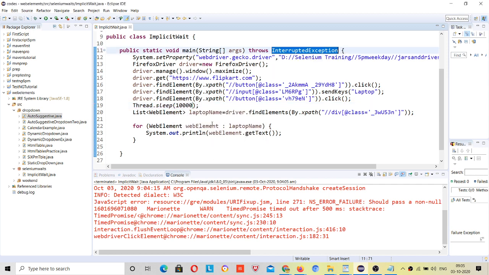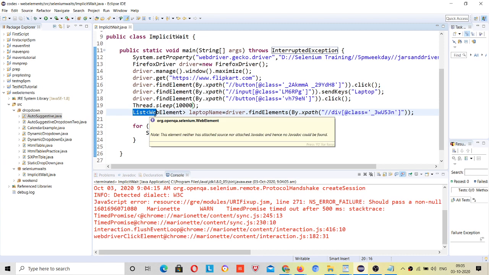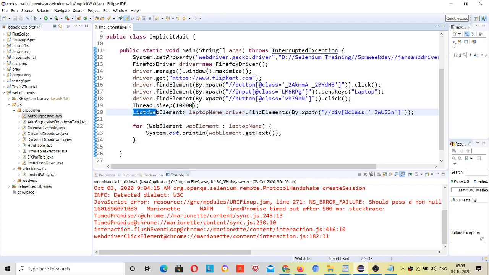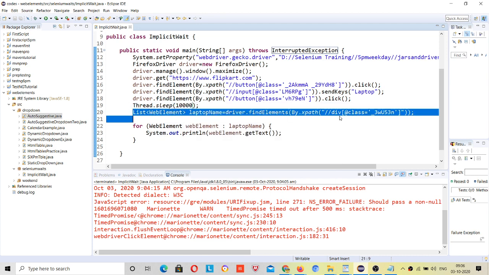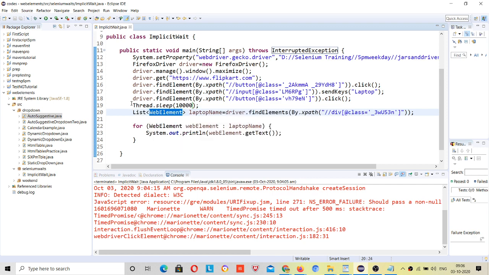Okay, so what will happen is that after clicking on the search button, it will load some data, and after that I want your execution to stop for 10 seconds before the further lines of code, so that in that time period Flipkart will load all the results, and once 10 seconds are over it will start getting all the results and putting them inside the list, right? Because all the results will be loaded after 10 seconds.